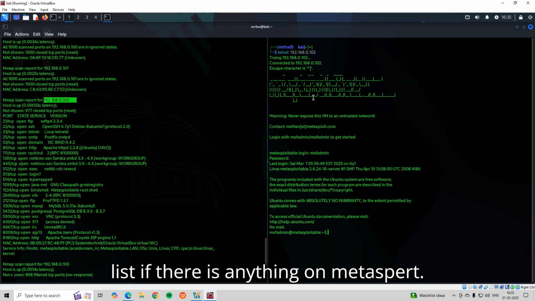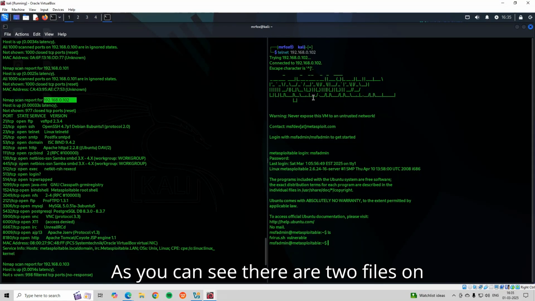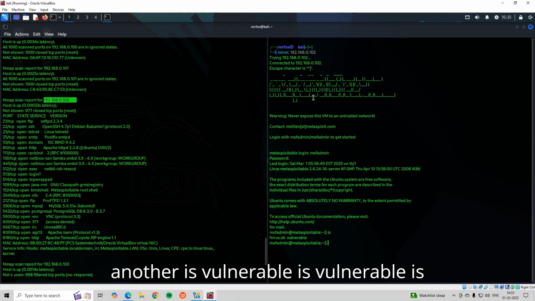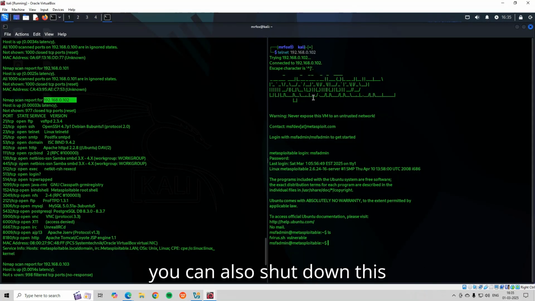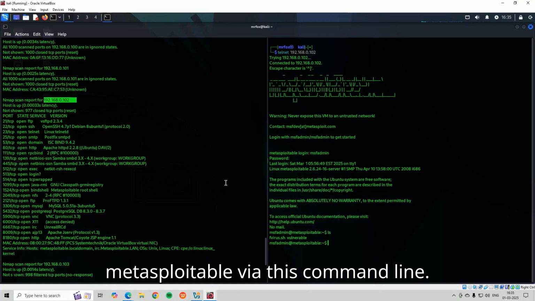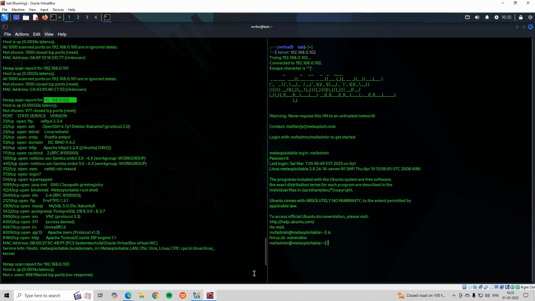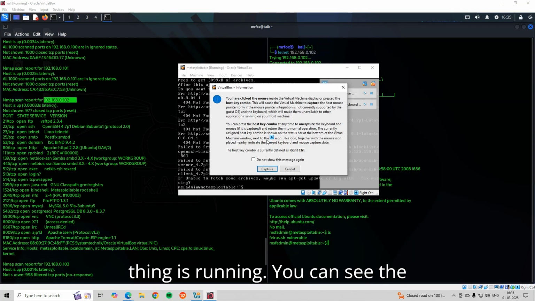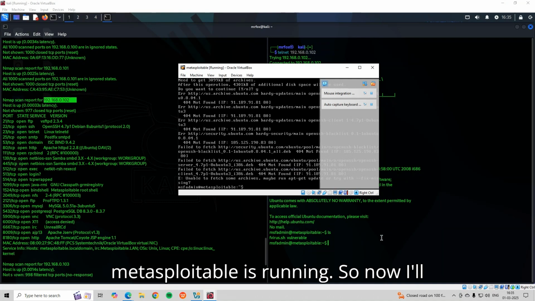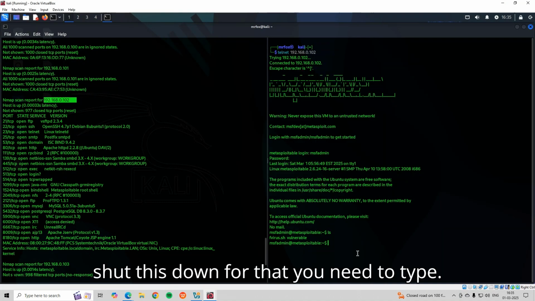You can also list what is on Metasploitable. As you can see, there are two items: fvirus.sh and vulnerable, which is a directory. Here you can see that you can also shut down this Metasploitable via the command line. For now you can see the Metasploitable is running. So now I'll shut this down. For that you need to type